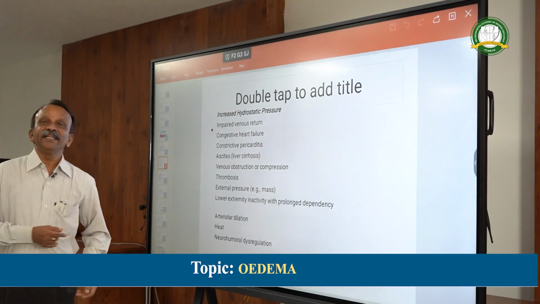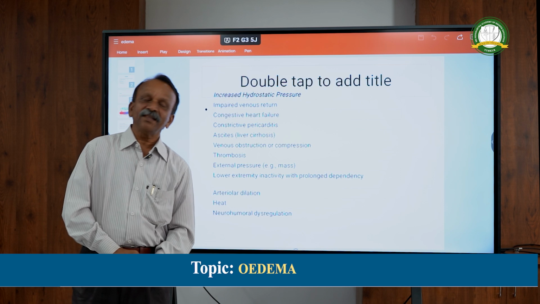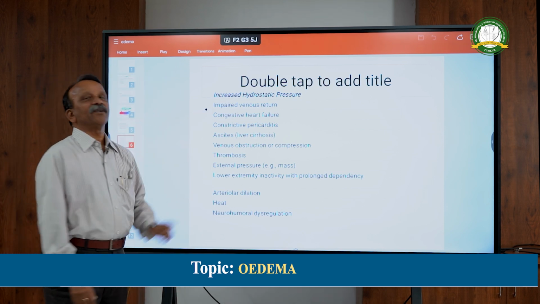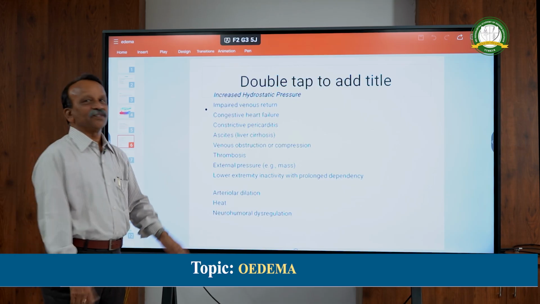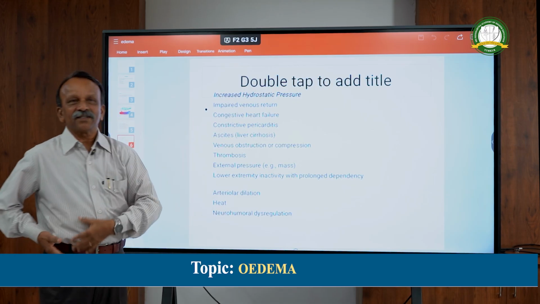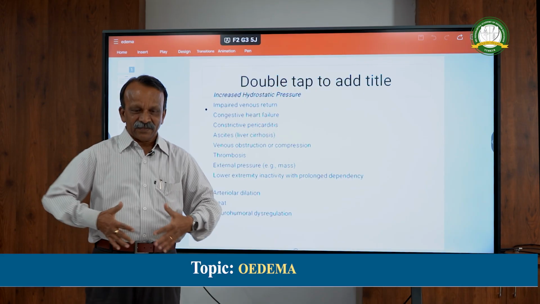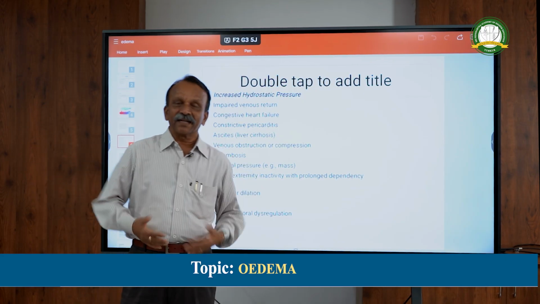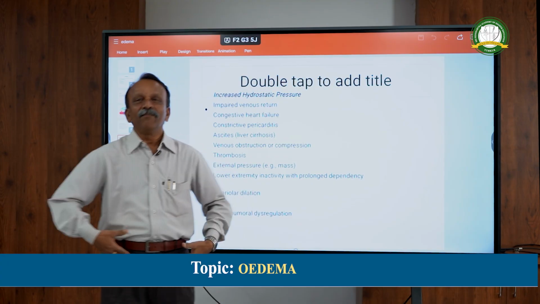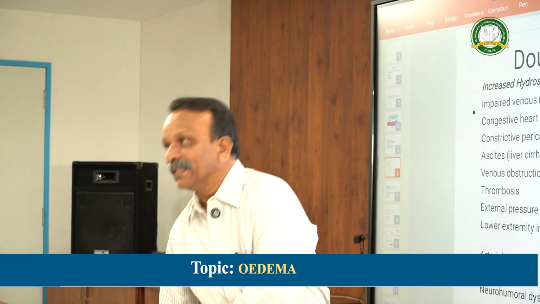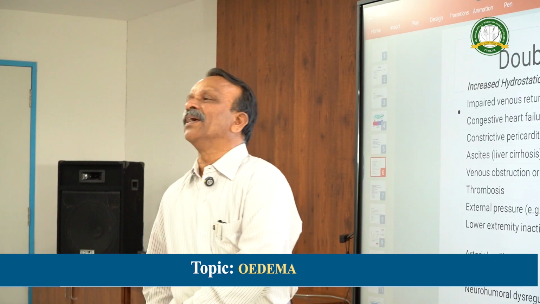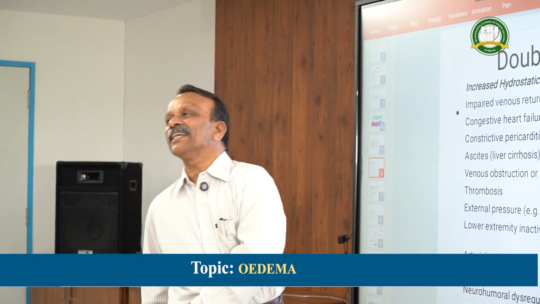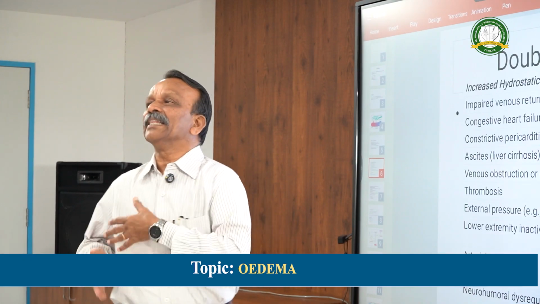Now coming to the increase in the hydrostatic pressure. What are all the causes for an increase in the hydrostatic pressure? Number one, impaired venous return. As we see in cases of pregnancy, because of the pregnant uterus, there will be pressure over the pelvic veins. This causes the retention of the blood in the lower limbs. So there is no venous return, resulting in a rise in the hydrostatic pressure, resulting in the lower limb